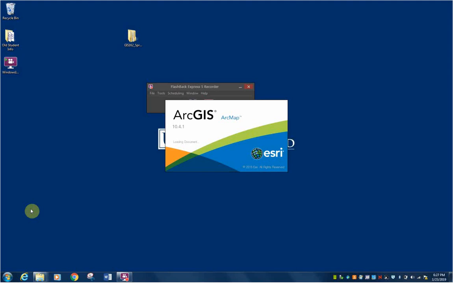ArcMap notoriously takes a long time to open, so no need to click on it 4 times because then it will open 4 times and it will take 4 times as long. So that's kind of annoying. Not really, it'll take twice as long, but